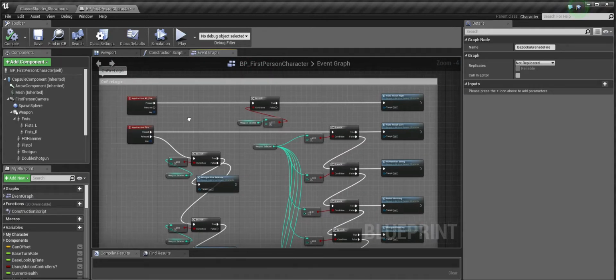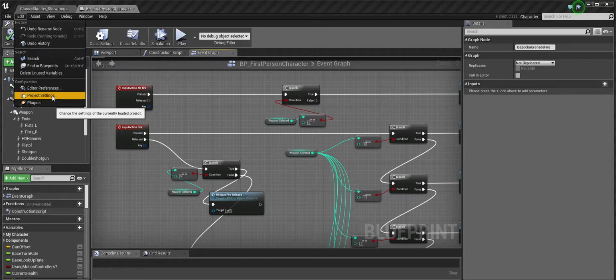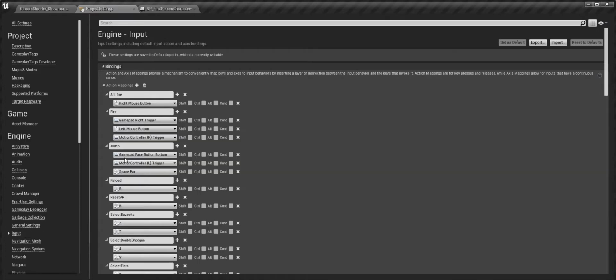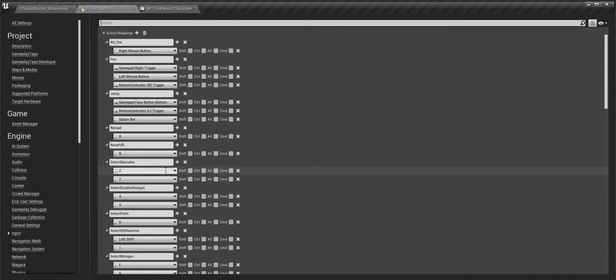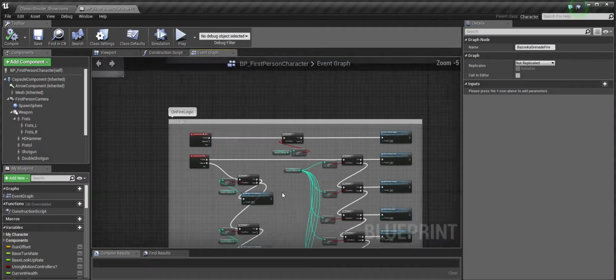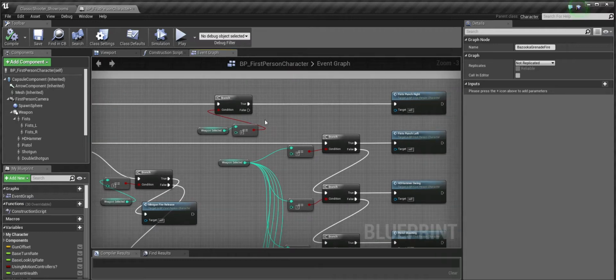We have two inputs, input action fire and input action AltFire. Again, this can be set in project settings, input. Here you can add the action mappings and the keys assigned to it. We have only one alternative fire, which is the right punch. So we check if weapon selected is set to 0, and if this condition is satisfied, we go to the